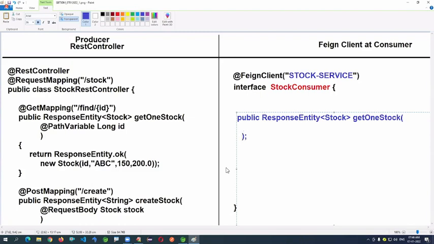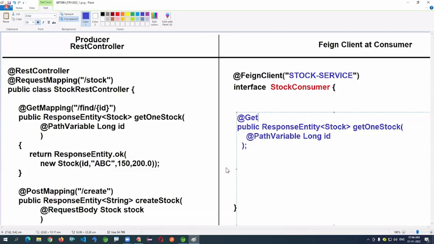Abstract method, Long id, and GetMapping, slash stock slash find slash id.